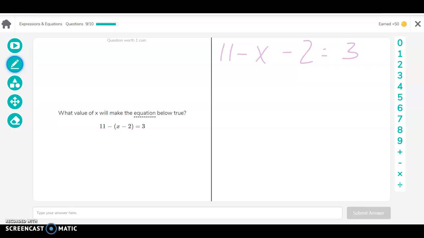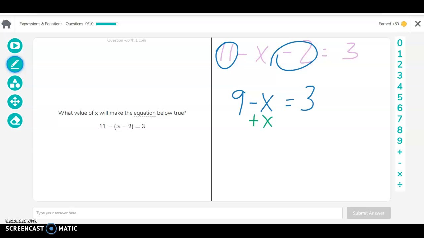So I'm going to actually combine like terms first. So I'm going to combine 11 and negative 2. So 11 minus 2 would be 9, right? So 9 minus x equals 3. Now remember we talked about we don't want a negative x. So I'm going to, whatever I do to one side, I'm going to do to the other because I'm going to move it. Opposite of negative would be to add. So I'm going to add an x. So this now becomes 9